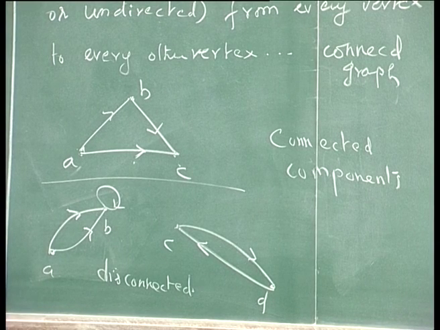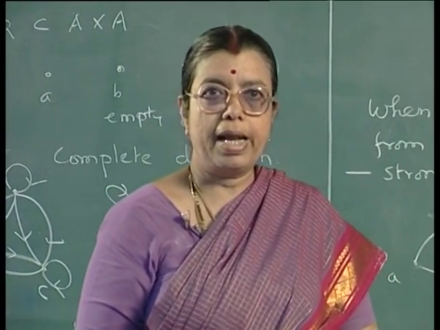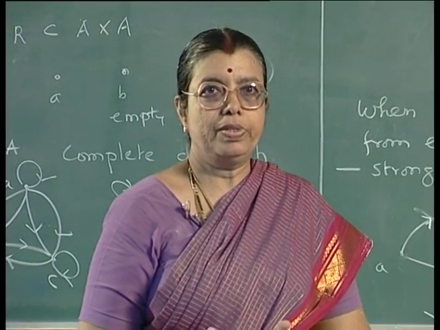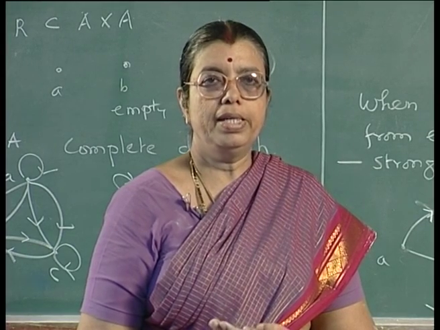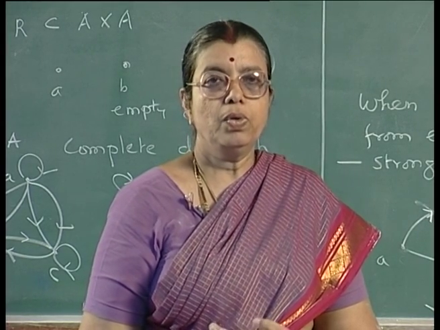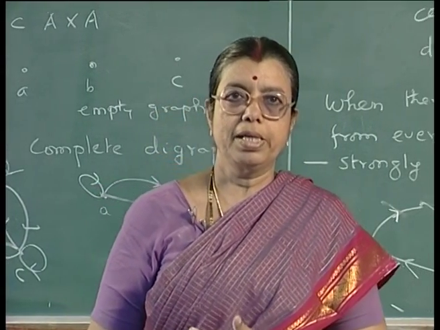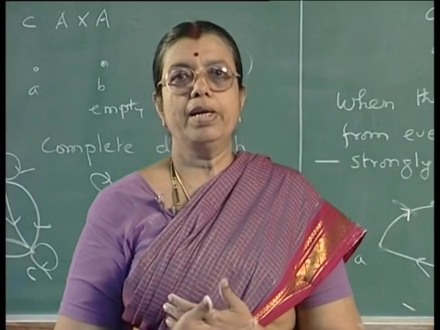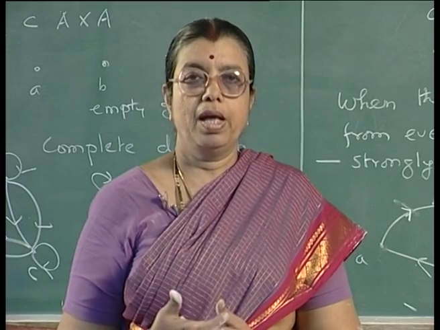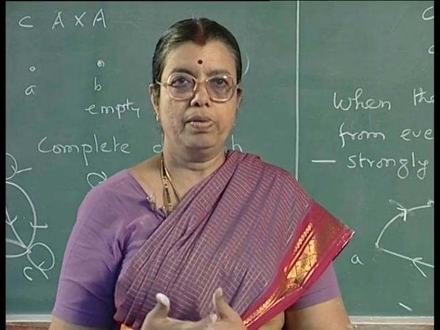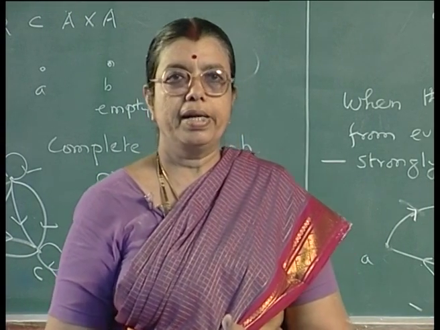Now, we have learnt a little bit about binary relations and how they are represented as graphs, directed graphs and so on. Generally, in graph theory, you deal with edges which are not directed. So, you talk about undirected graphs. Now, having started on some concepts of graph theory, let us see what is an undirected graph and what are some of the terminologies associated with undirected graphs. So, next we shall consider a few terminologies related to undirected graphs.